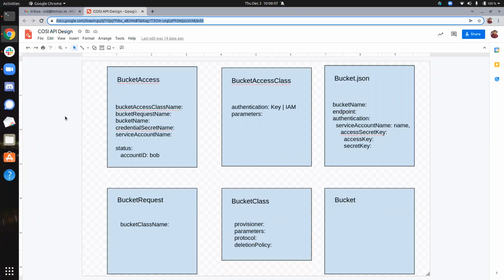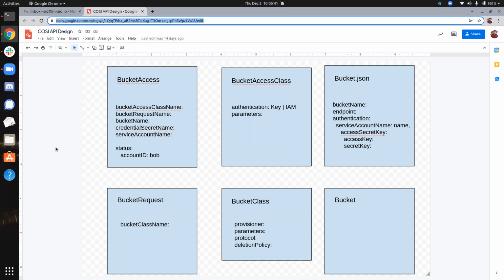Here we have our regular authentication method, which is access key and secret key, where you provide a credential secret name, and in that secret we add the access key and secret key, and that secret also serves as the gate which prevents the pod from starting up until the secret is created. That is pretty well fleshed out, and it shows up in the bucket.json under access key